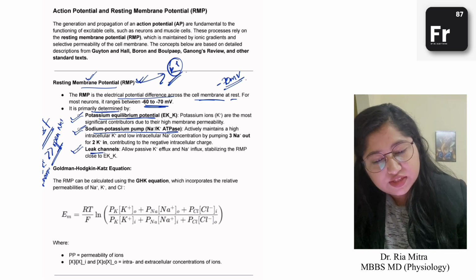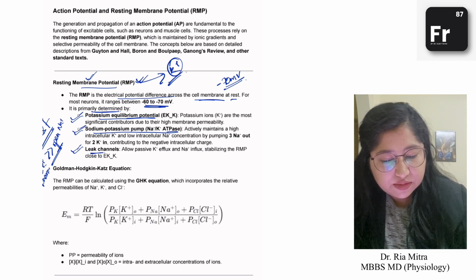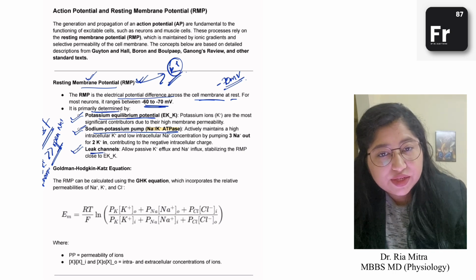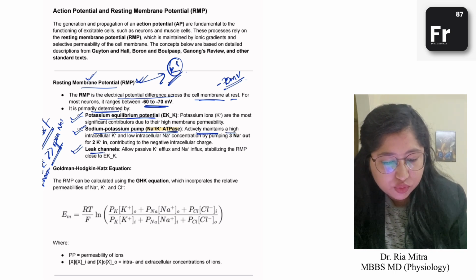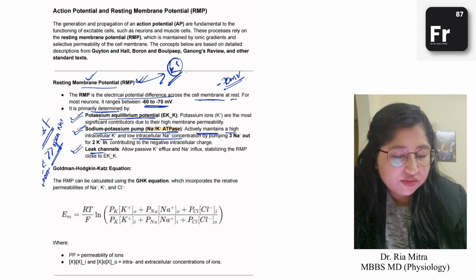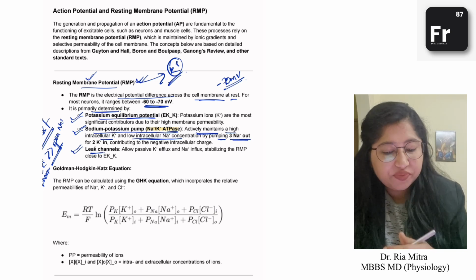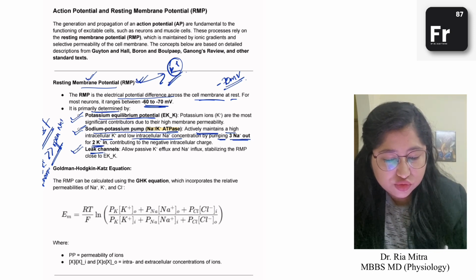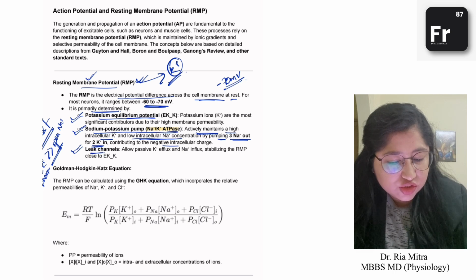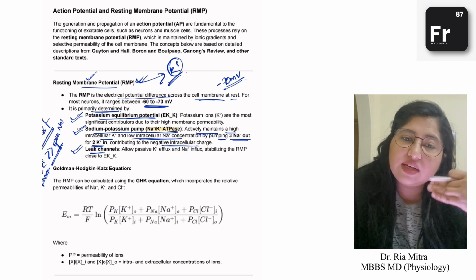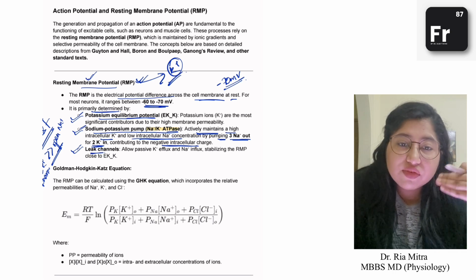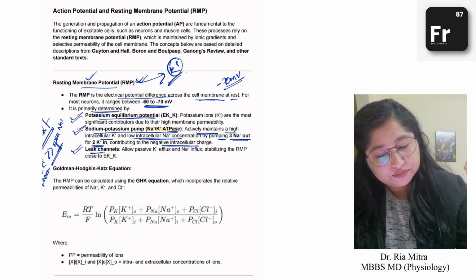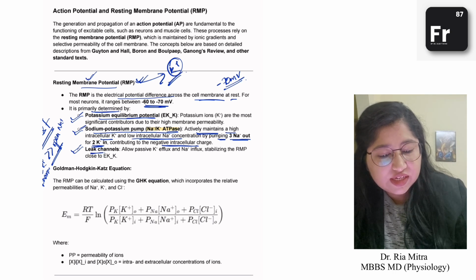Then, what is the function of this sodium potassium ATPase? We know that the sodium potassium ATPase actively maintains a high intracellular potassium and low intracellular sodium concentration by pumping 3 sodium out and 2 potassium inside the cell, which contributes to the negative intracellular charges. You see, 3 sodiums, they are taken out, and 2 potassium, they are brought in. So more amount of positive charge is leaving the cell membrane, because of which there will be accumulation of negative